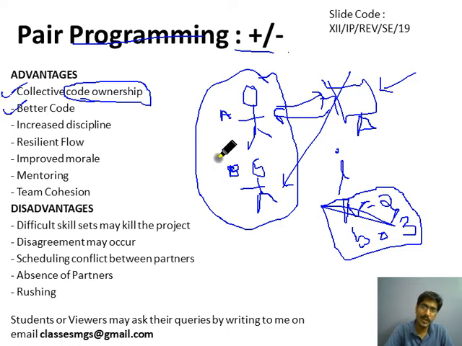Now another person B, let's suppose he is the navigator. The driver has written a equals 2, b equals 3, and the navigator is just watching him write this code. Let's suppose the navigator has 2 years of experience, an experienced programmer, then he knows that this statement can be written in only one line, like multiple assignment: a, b = 2, 3. So we are just reducing the number of lines in the code.